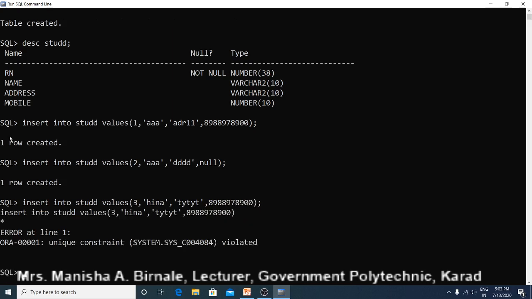Let us see what happens. Here unique constraint violated. This error comes because the mobile number should accept unique values only. So the mobile number of the student whose roll number is 1 is the same as that of roll number 3, and it will not accept the repeated value. That's why the error occurs.